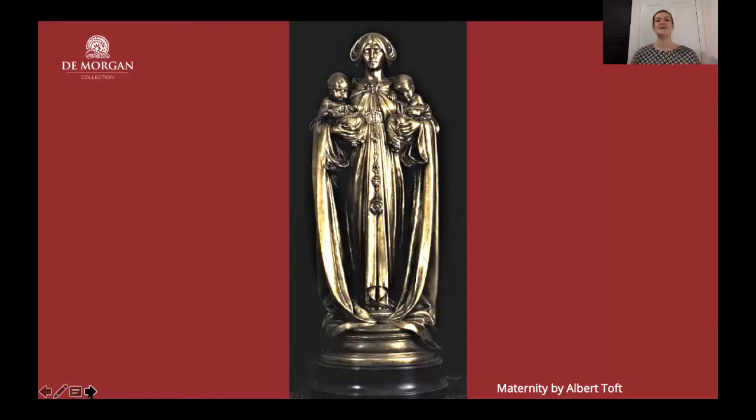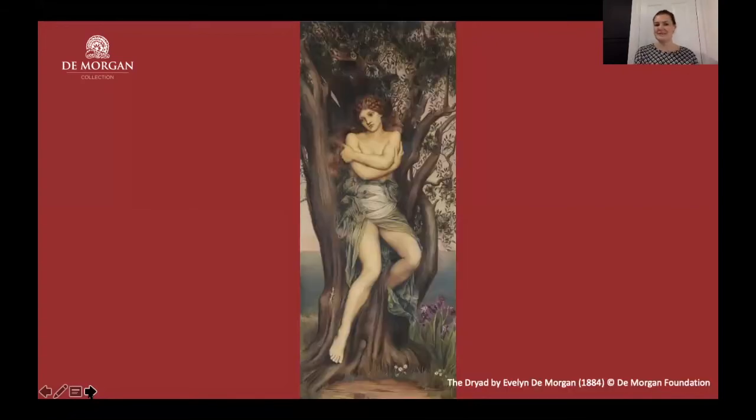So here we have one of his beautiful sculptures. He works a lot in the medium of bronze and of sculpting, and quite often will embellish his designs with precious gems and stones. But they always are these beautiful, serene women, very elongated bodies, very much in anticipation of the Art Nouveau movement that would follow. They always feel quite ahead, and Toft was working quite ahead of the time he was in. And as we know, progressive is definitely something that Evelyn de Morgan was as well,